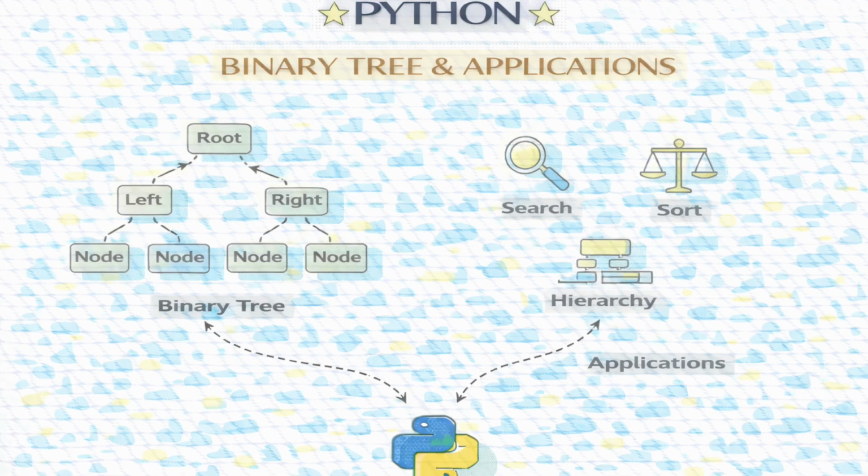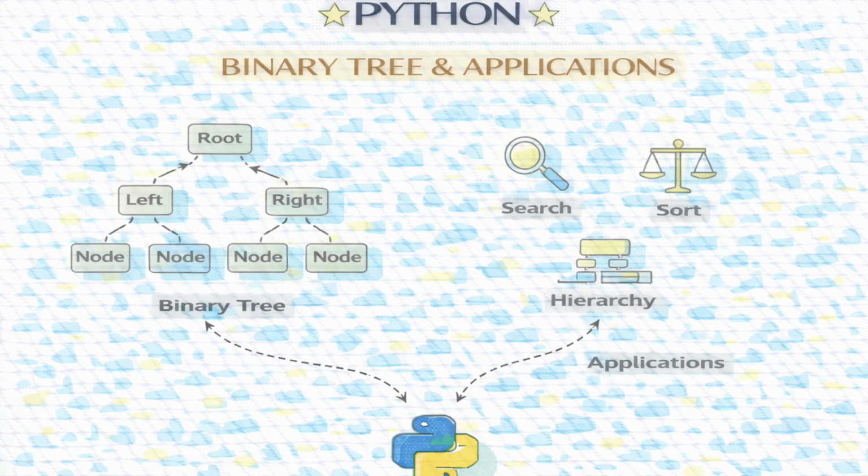Okay, pre-order. Yep, pre means before. The rule is, visit the node first. Then, recursively visit the left subtree. And finally, recursively visit the right subtree. So the root of any subtree always appears before its children. Exactly. And if you perform a preorder traversal on an expression tree, the output you get is the expression in